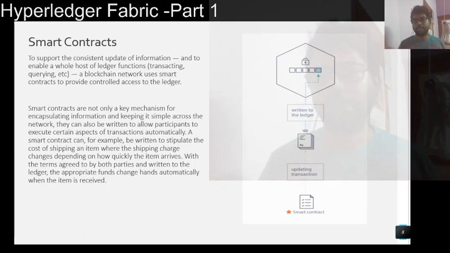In Hyperledger Fabric we have some frameworks to create the smart contract. The best way to create the smart contract is with the Go language. Go is the programming language supposed to be used to create the smart contract. I hope you are pretty clear with what a smart contract is, right?